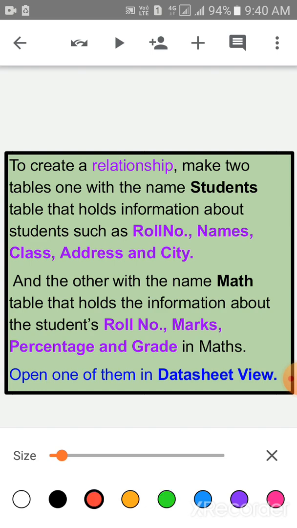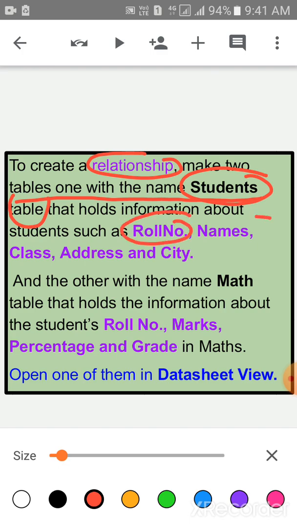Now children, come to the next topic, setting a relationship between tables. Children, to create relationships, make two tables, one with the name students table that holds the information about the students such as roll number, name, class, address and city.